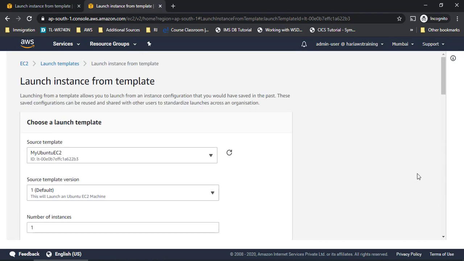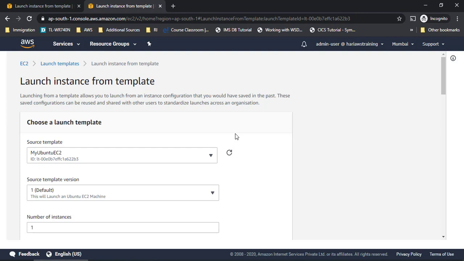So this is how we will be using launch templates going forward whenever we want to have a new EC2 machine created. That way we will reduce the number of steps, and also this will be helpful whenever you want to have uniformity while creating an EC2 machine, right? This will be like a process which can be implemented. Like if I want to have an EC2 machine with this configuration, I don't want to miss anything by doing it manually. There could be some manual errors while trying to do it manually.